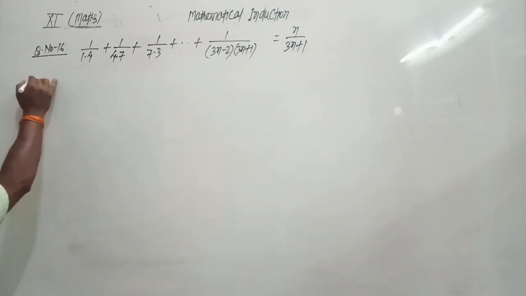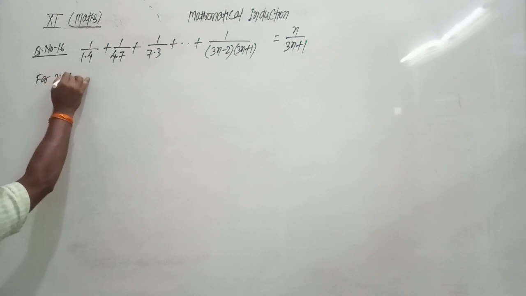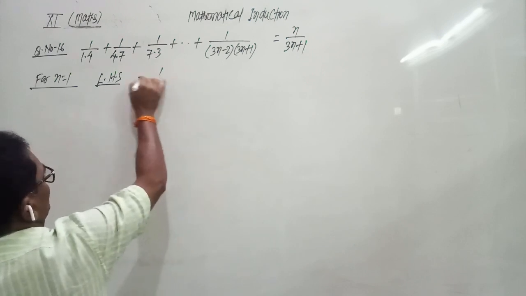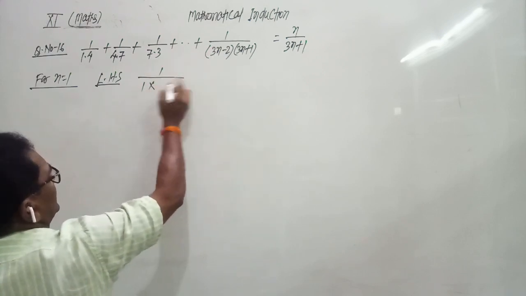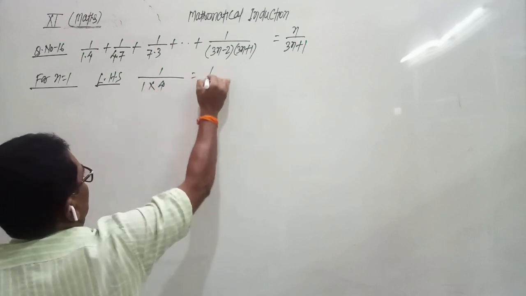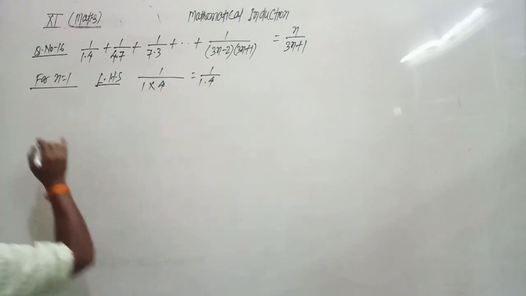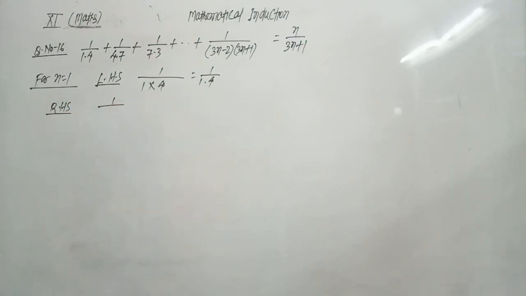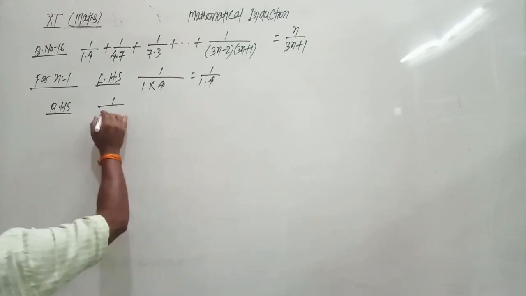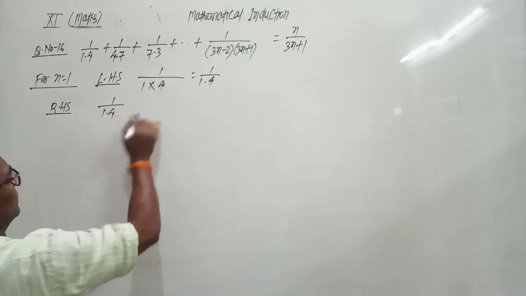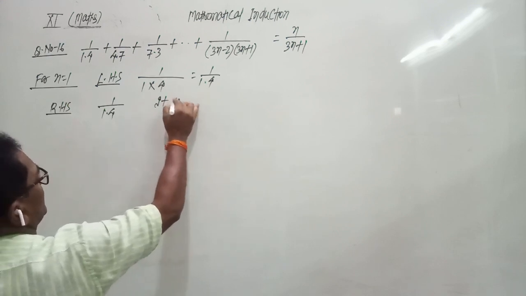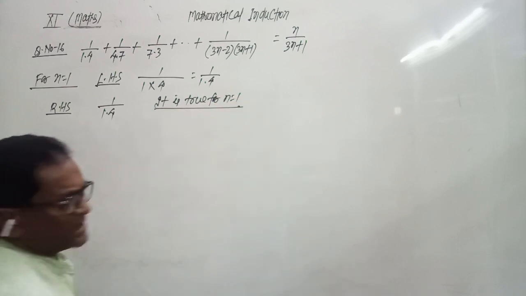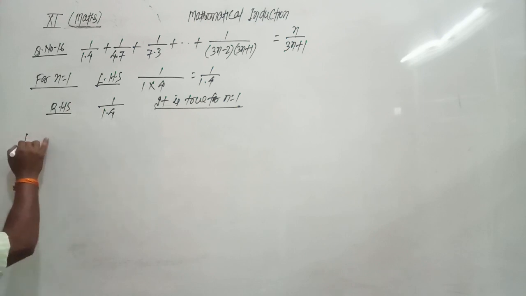So in the first step, we make it true for n equals to 1. For n equals to 1, the expression for LHS is 1 upon 3 minus 2, 1, into 3 plus 1, 4. That is 1 upon 1 into 4. And RHS is 1 upon 3 into 1, 3 plus 1, 4, and 4 can be written as 1 into 4. So it is true for n equals to 1.